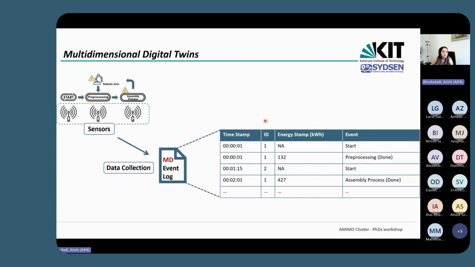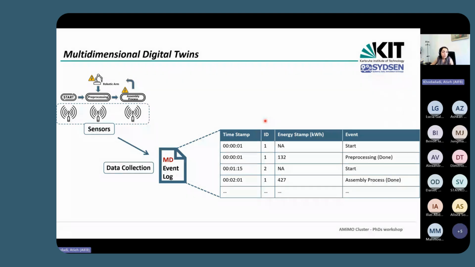We have considered that, first of all, we need to expand the event log. So we should have a multi-dimensional event log. It's not just for energy efficiency; it can include other dimensions in the system, such as waste generation or CO2 generation. So all of the KPIs that we can consider, we mention first, and then based on the KPIs and the objective of the system, we can define the different dimensions